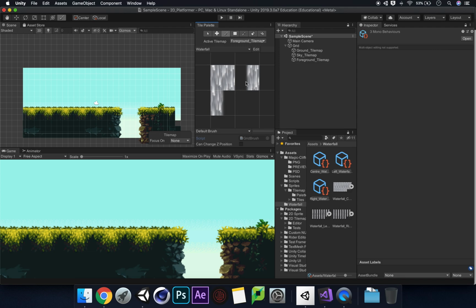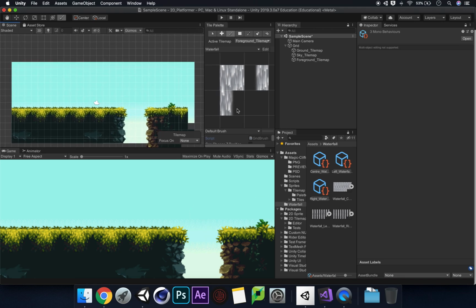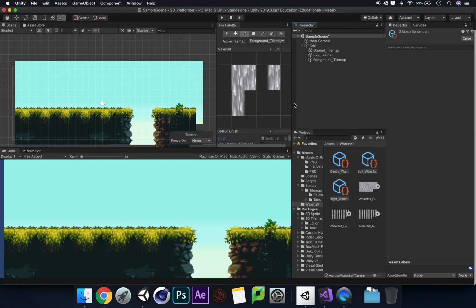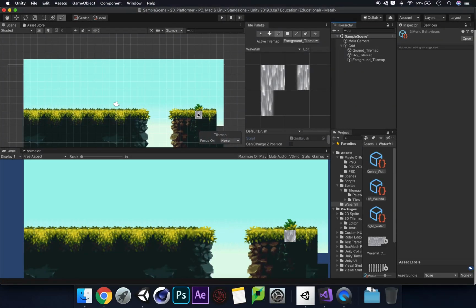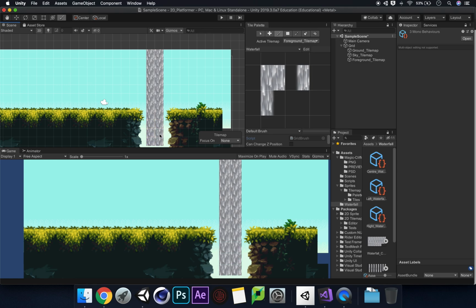So what I'm going to do first is create my center. So if I go onto my level here, let's make this a bit more squished in so we can see what's happening with our level. So I'm going to have my waterfall start here. Right, so I could start it from, so it's coming from the stars. So I'm going to click there, and actually I can click and paint alternately because they're both centered all the way down